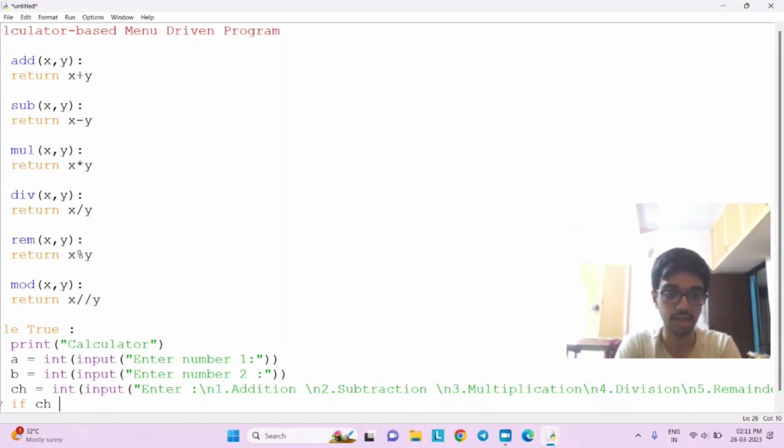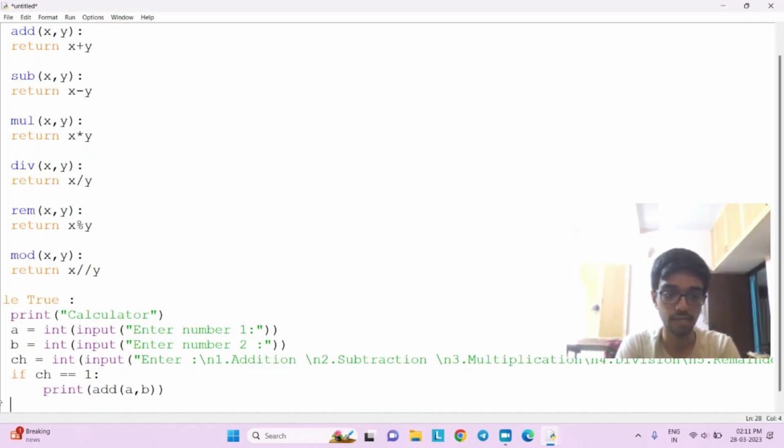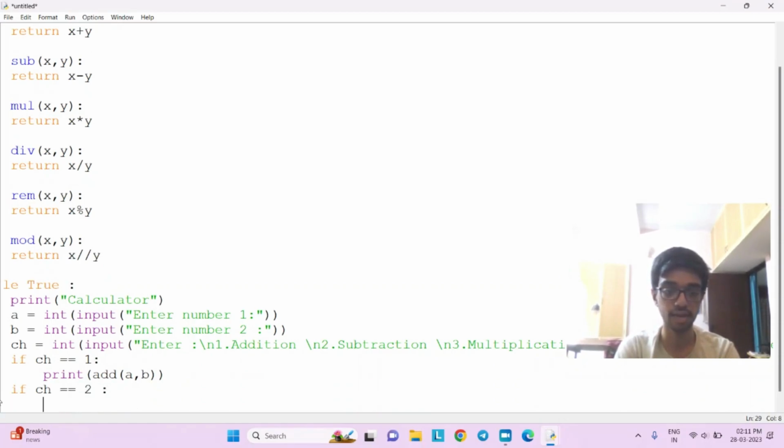If ch is equal to 1, print add a comma b. Now if I put a and b as arguments, Python will not raise any error. It will simply put the values of a and b into the arguments x and y, just as long as they are in the same position or the type does not change.